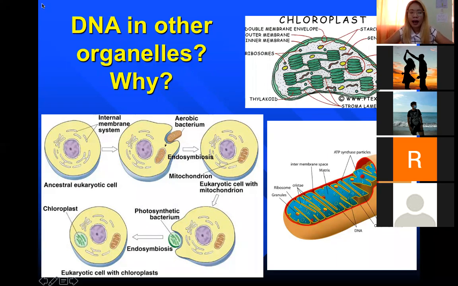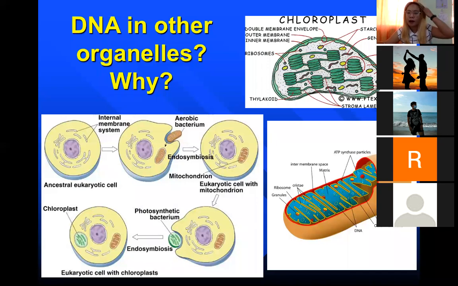Okay, going back, if you will remember sa ecological relationships, meron tayo yung predation, parasitism, mutualism. Okay, so itong endosymbiosis is actually a kind of mutualism wherein both the ancestral eukaryotic cell benefits from the aerobic bacterium, and the aerobic bacterium also benefits from the ancestral eukaryotic cell. Ibig sabihin, both of them are receiving benefits from each other. That's why it worked for them.